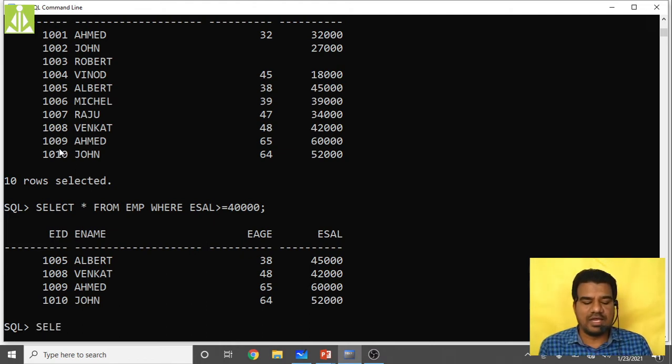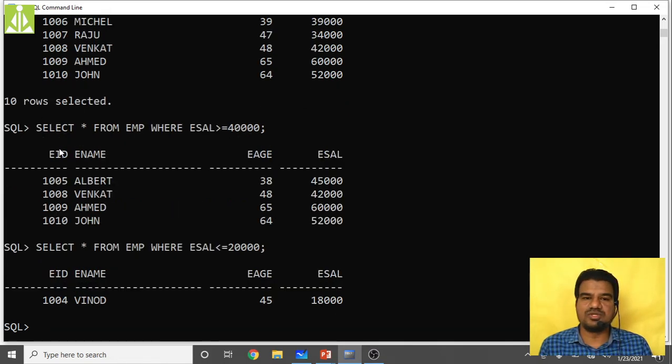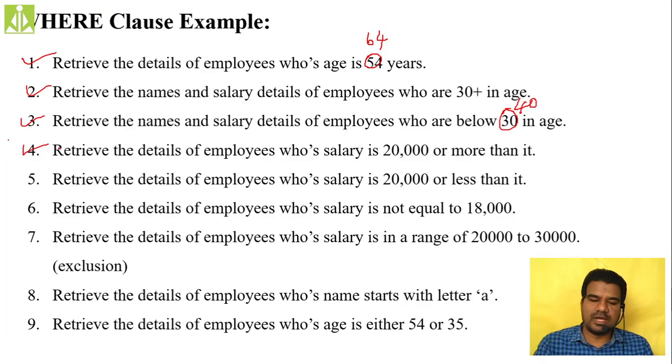How can we? Select star from EMP where ESAL must be less than or equals to 20,000. Hit enter. Only one record, because only Vinod is having a salary below 20,000, so it selected only his details. So like this you have processed the fifth query as well.